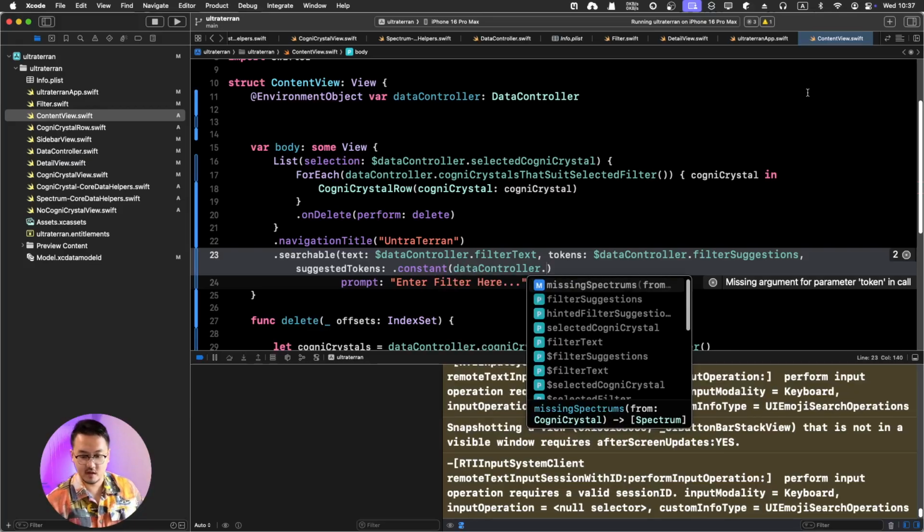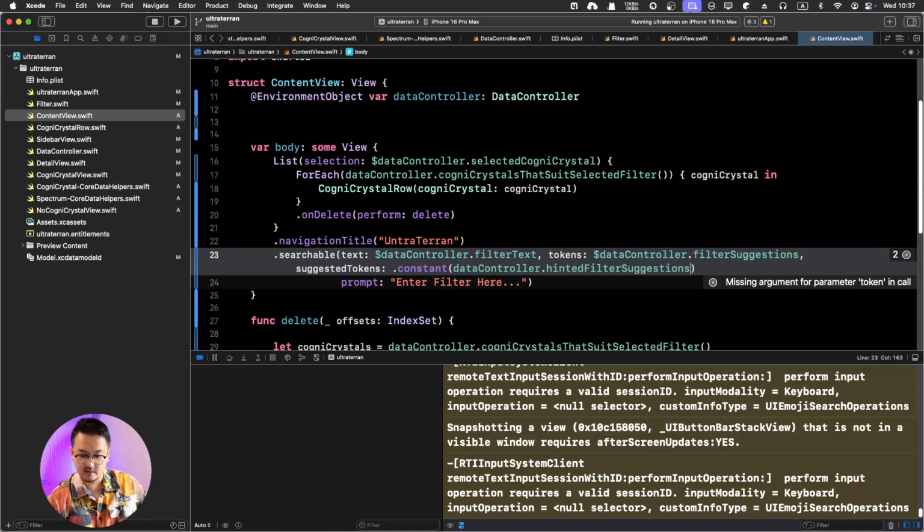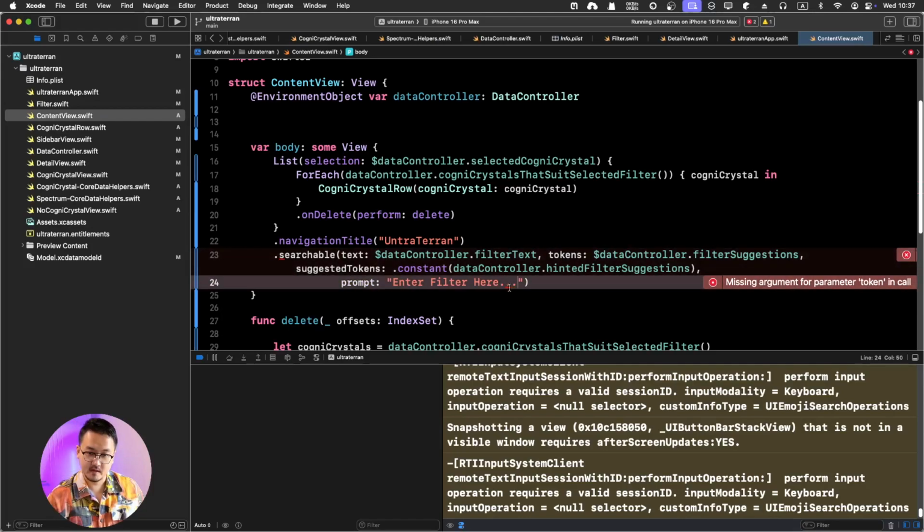Access is suggested or hinted filter suggestions, okay, and then we can make it more understandable by enter the filter here,